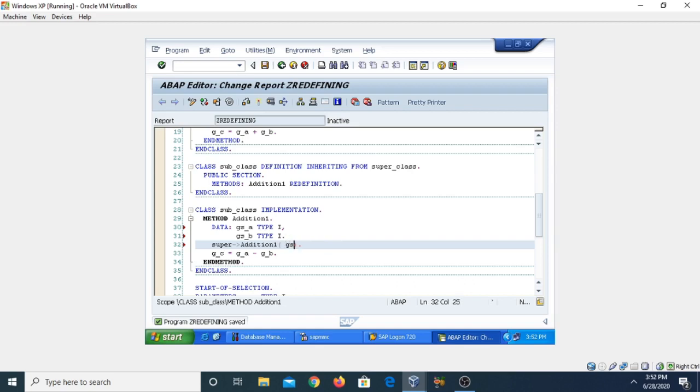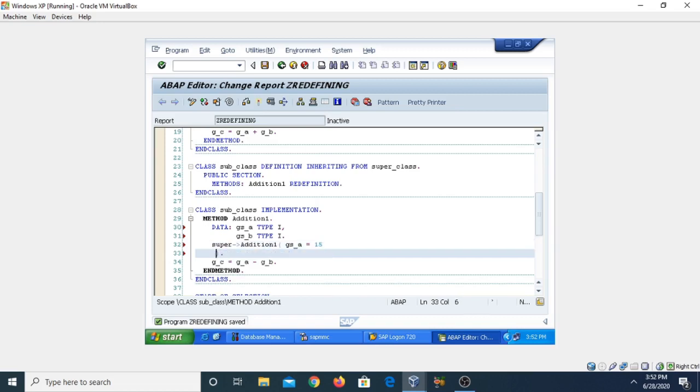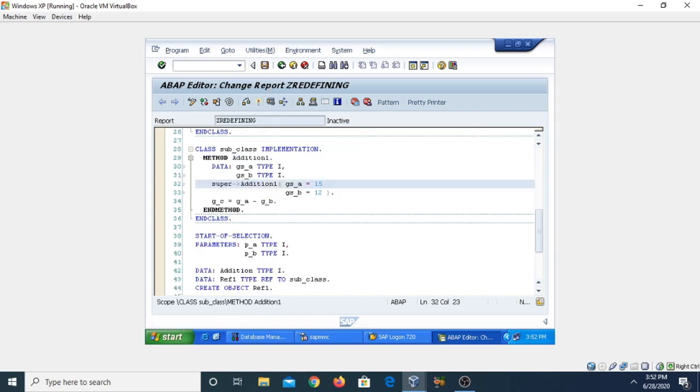Suppose gs_a equal to 15, then you can also pass gs_b equal to 12. By this way you can directly pass the values. Now click on the save button.